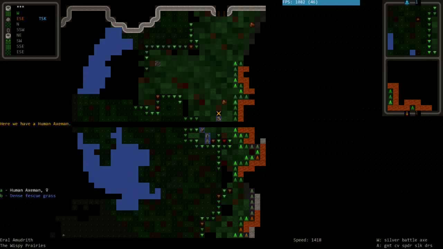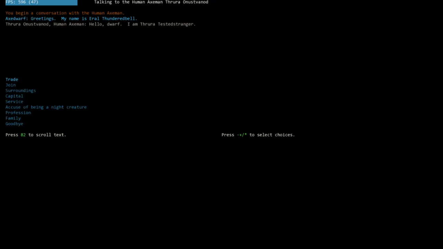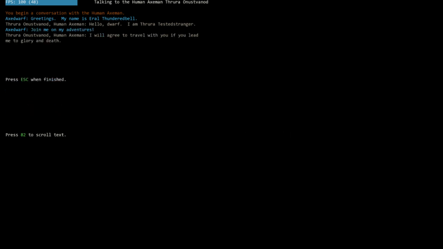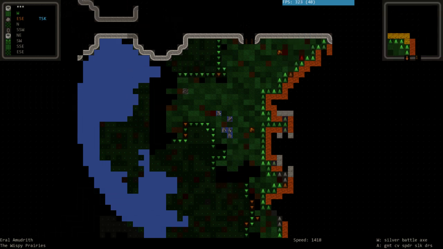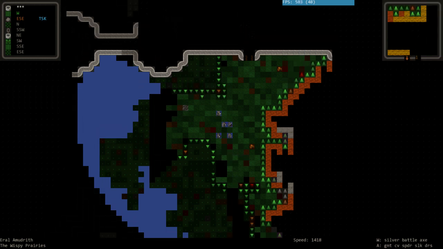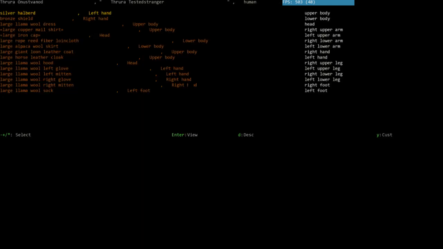And you are an Axeman. Human Axeman, yes. Talk to you. I see. Would you like to join me? I will agree to travel with you if you lead me to glory and death. Very well. You can be...